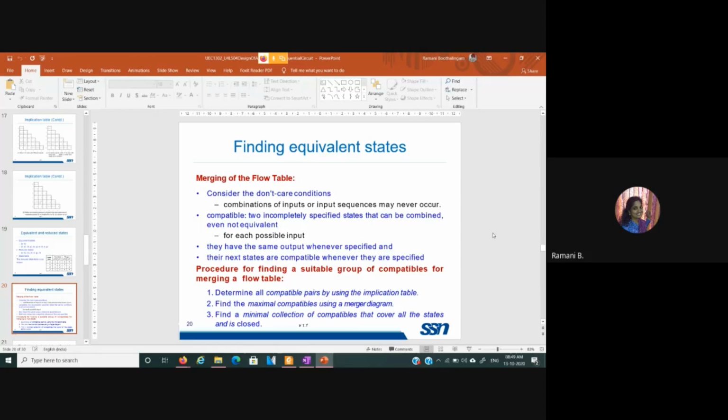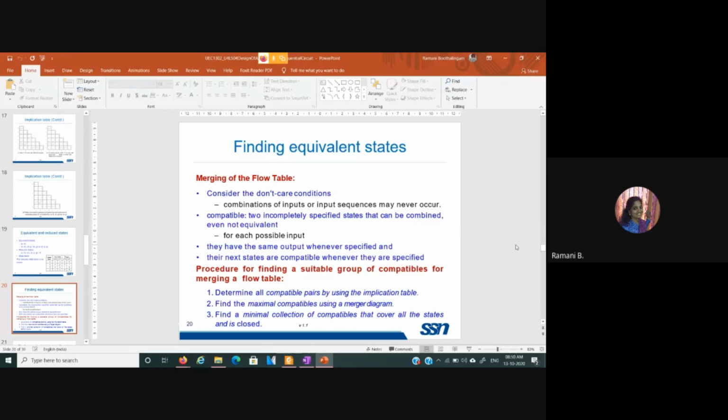Next, we shall see the procedure of what we are actually going to do. With the implication table, we are finding the compatible pairs. We wrote wherever you had the tick marks separately, right? When we find the compatible pairs, that need not always be the minimal set, because just now we saw the compatible pairs D comma E, D comma G and E comma G. So having everything as such is not the minimal set.